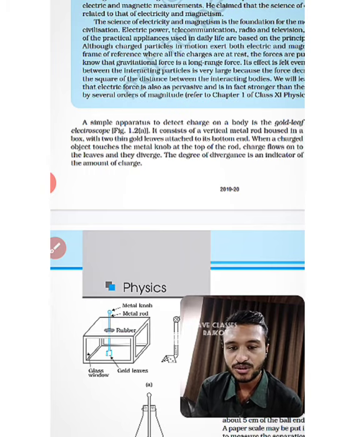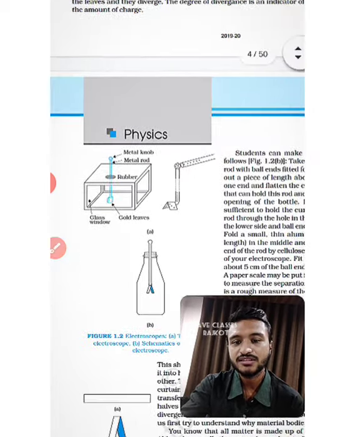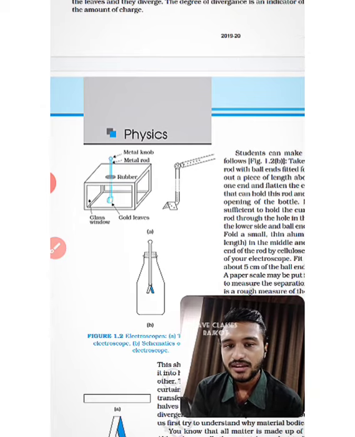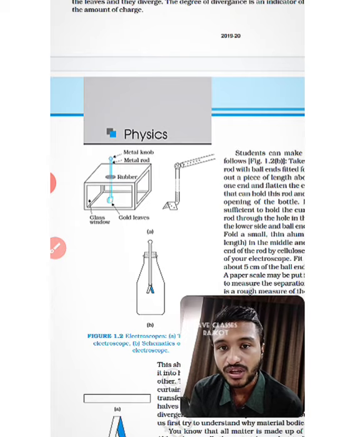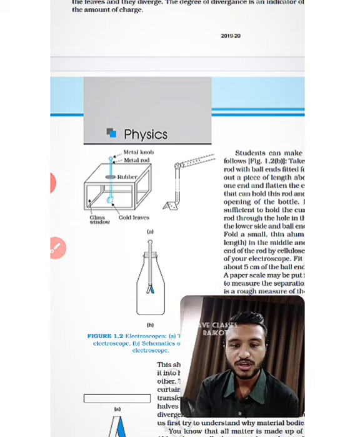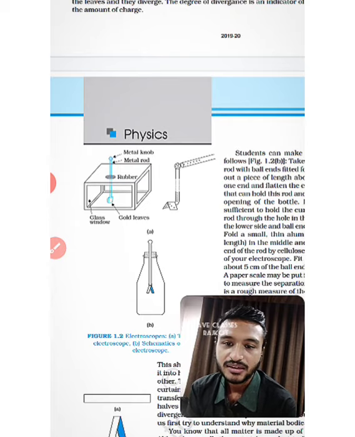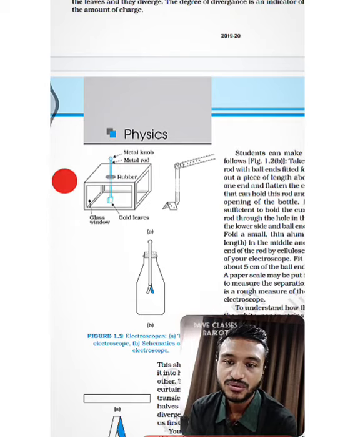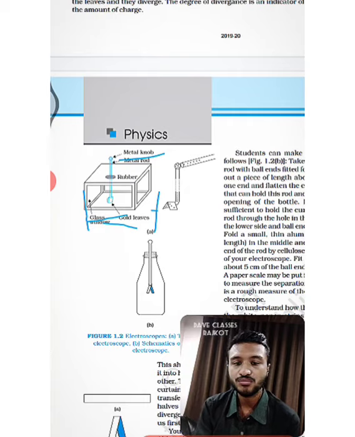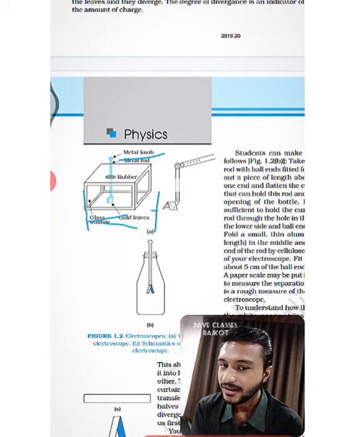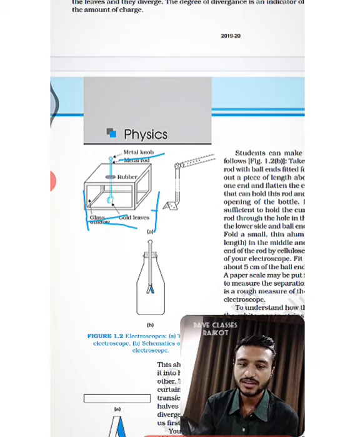Here everybody can see an electroscope which is made in the laboratory, so everybody can identify it. This is the electroscope. Now, how is it prepared, how is it made, and how does it work? Let me first tell you. In figure A, in front of you, that is the electroscope. The electroscope is enclosed under one glass or one box. You can see the box.